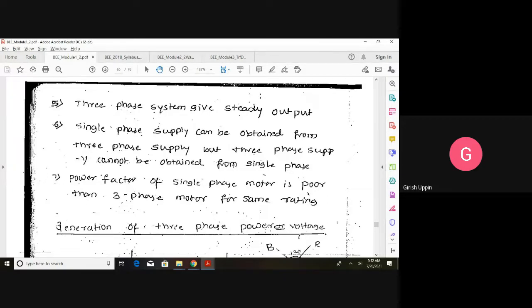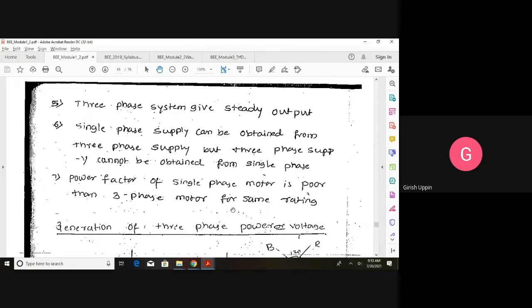Why is power factor important? If you remember, the highest power factor would be 1 and the lowest value of the power factor would be 0. So as the power factor tends towards 1, the active component of the power will increase. In all power systems, they try to improve the power factor, because if they improve it, they can reduce the reactive power and increase the active power. And if you remember, active power is the useful power.